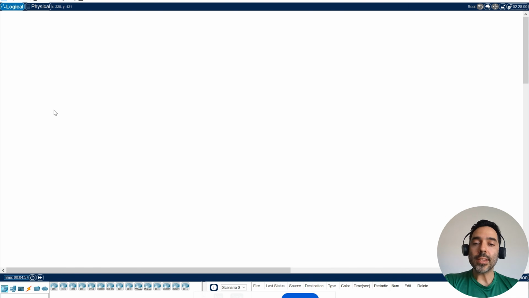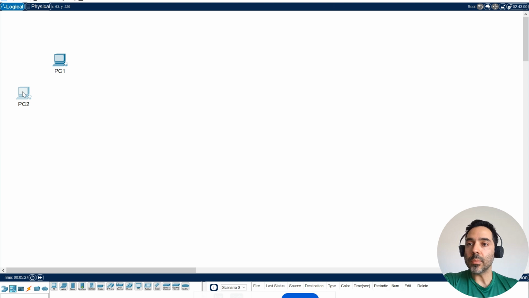So let's get started. I'm using Packet Tracer, and in Packet Tracer there's an option here to choose an end device. So I'm going to click here and open the first PC. Let me just maximize here a little bit more. There we go. PC 0, actually this will be PC 1, and then my second PC, PC 2, my third PC, PC 3,